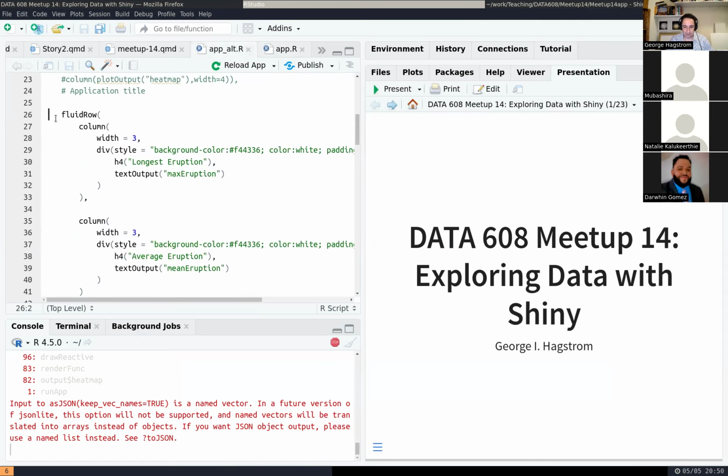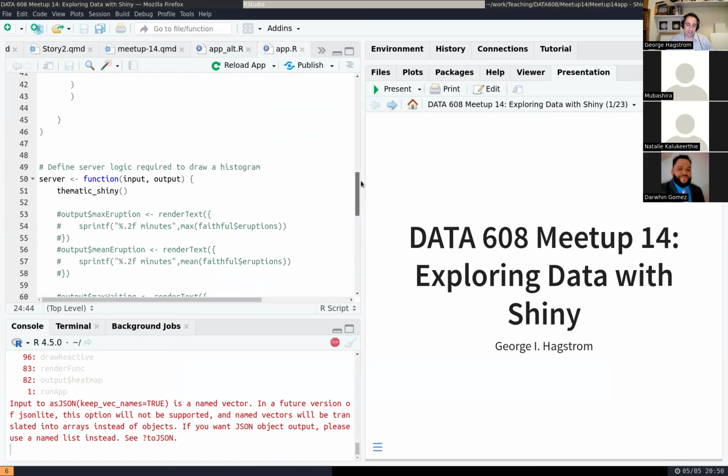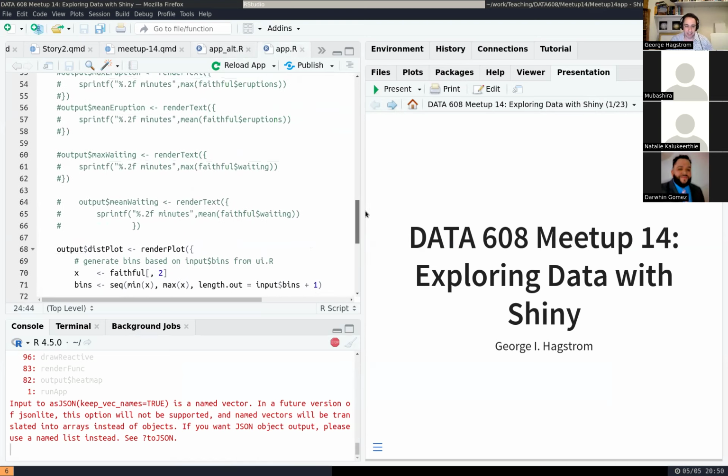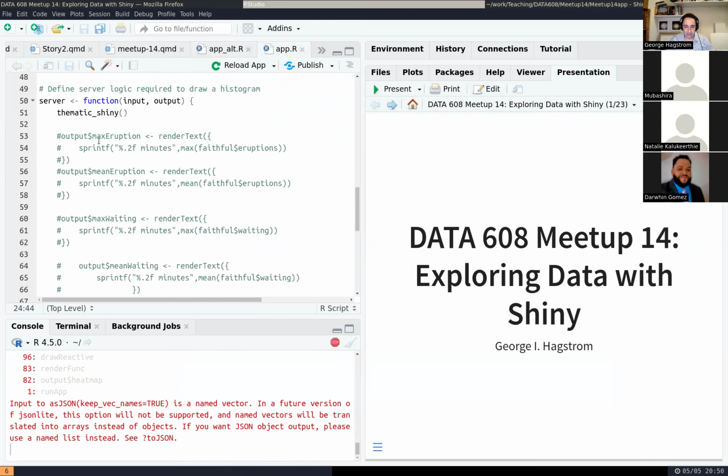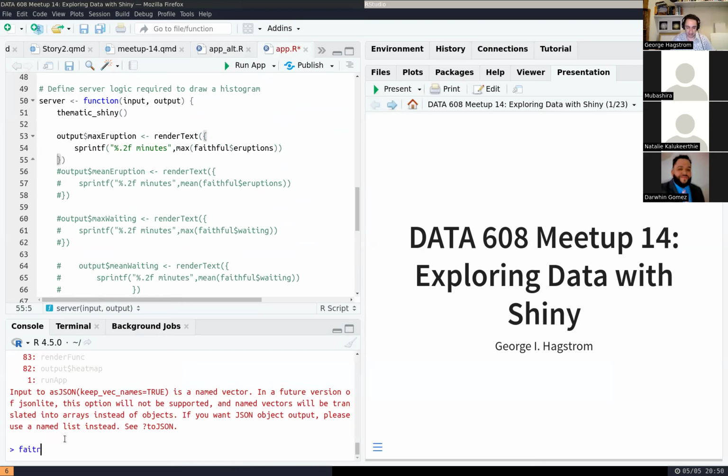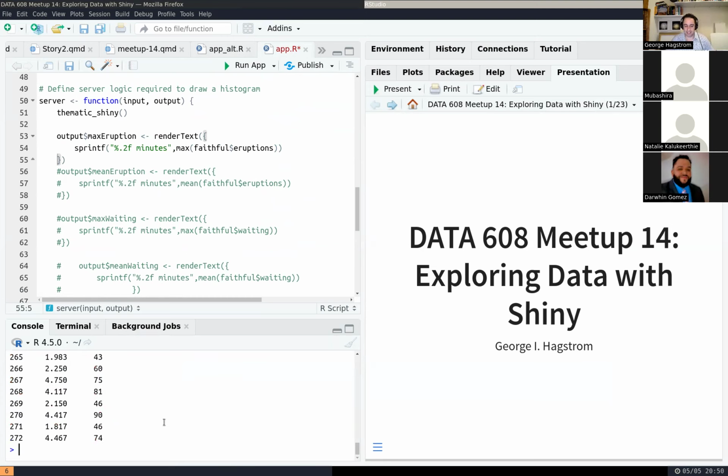So I'll just copy the code over. So here, let's say I wanted to put some summary statistics in my app. Like I could put the biggest eruption in the data set. So if I just show you, this is a data set where we have the length of eruptions and then the interval between eruptions. And so I could compute the maximum eruption, put it in my output file,